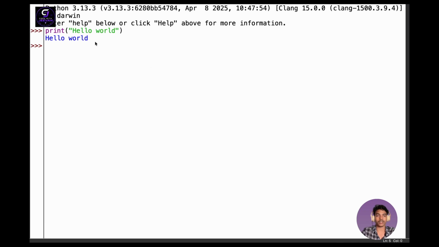So this is the output. According to your operating system, there will be certain commands already set to your keyboard keys. You can see some keys like F1, F2, F3, F4, all this stuff. You can set those keys as shortcuts while you are writing the code in IDLE. But if you ask me, I will suggest writing the code in VS Code only, because you can get a better experience in VS Code. So let's write the code in VS Code only and let's start our Python programming journey.